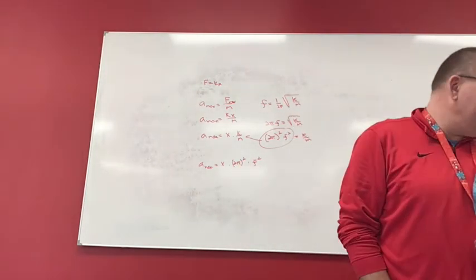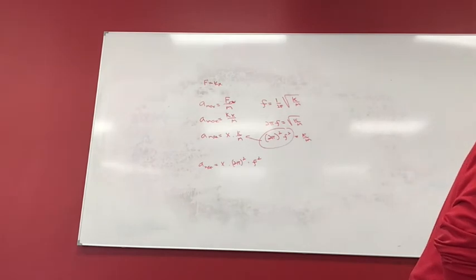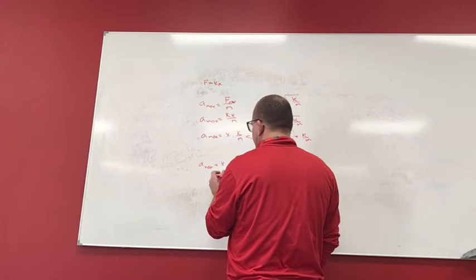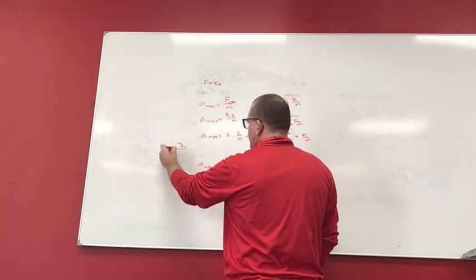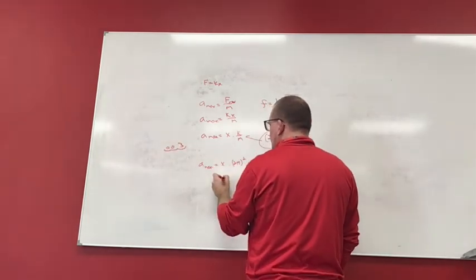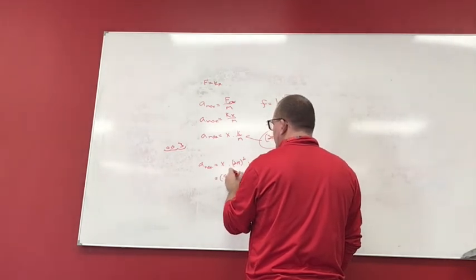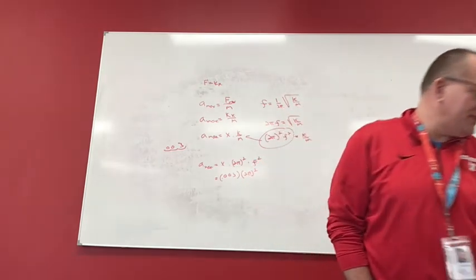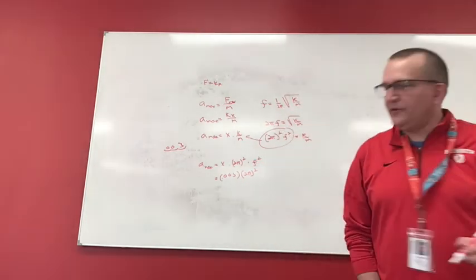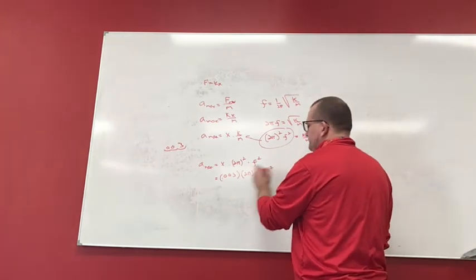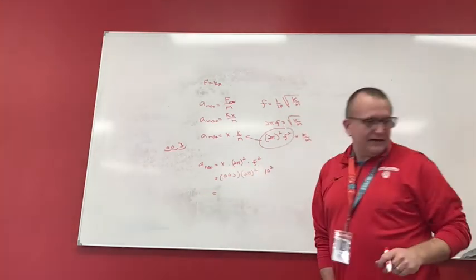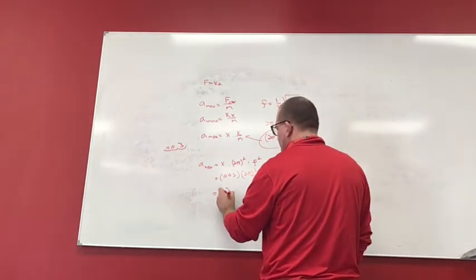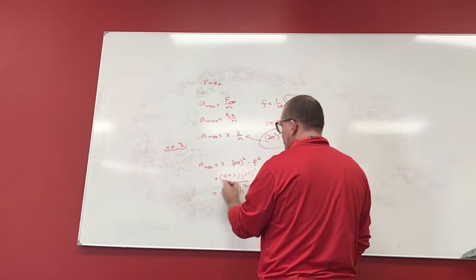And now I just substitute. My x was 3 millimeters, right? So I'm going to put that into meters: 1, 2, 3, .003 is my x, (2 pi) squared, times my frequency, which we said was 10 hertz. So I go 10 squared. And I math it out, and I should get an acceleration of 12 meters per second squared,